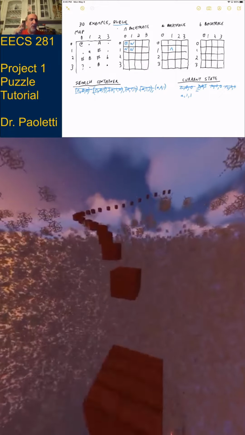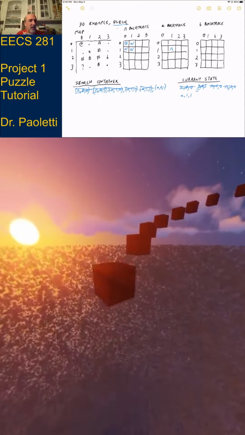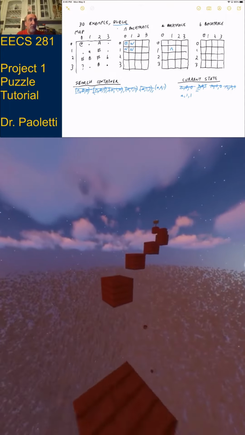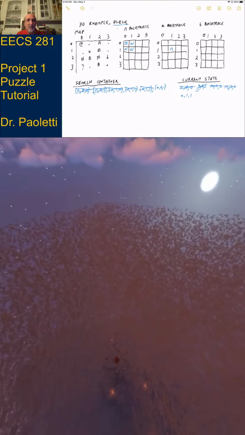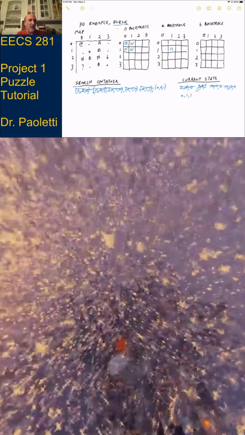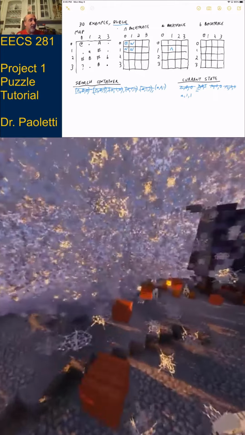I look north, east, south, west, so I look east of me. Is east of me a valid location? Yes. Have I ever been to the east of me before? No. Is it someplace I would be willing to go? No, it's a solid wall. Okay, done with that. All right, how about south of me? South of me does exist. South of me has never been discovered before. What is south of me? Well, I'm in color A.